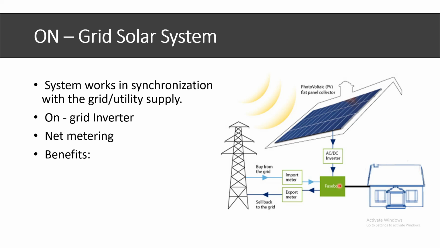And talking about benefits of on-grid solar system, first of all, you can see that the system is quite simple. There are no much complex equipments available. Okay, there is no much maintenance as such. Only the periodic cleaning of modules is required depending upon the dust accumulated. So that depends upon your location. And this system has a very long life of 25 to 30 years. So you can expect a long-term financial return for at least minimum 15 years. And as there are no batteries involved, so there is no maintenance and huge cost. As well as if you do net metering, you can bank your units into the grid and get compensation later on. So this was about on-grid solar system.